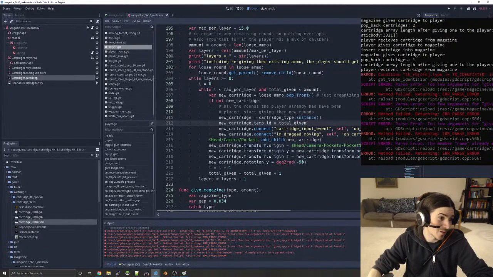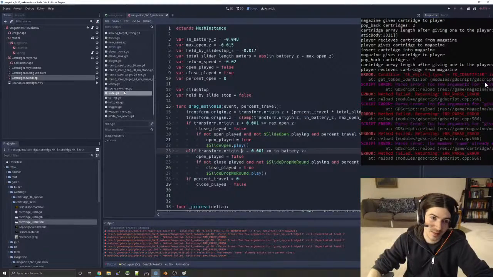So, now all the cartridges are numbered, right? They have identifiers. So, if we now go to the magazine,